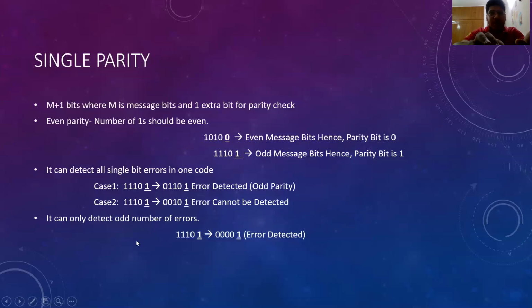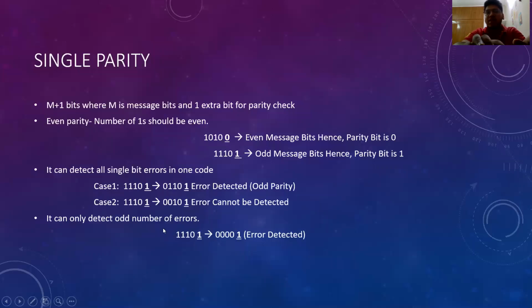Let's take another case. Suppose the message was the same message, 1110 with the parity check 1. Now suppose we have lost 3 bits. You see, we are losing 3 bits here, 00001. If we check the even parity, it is not even, which means there is an error.